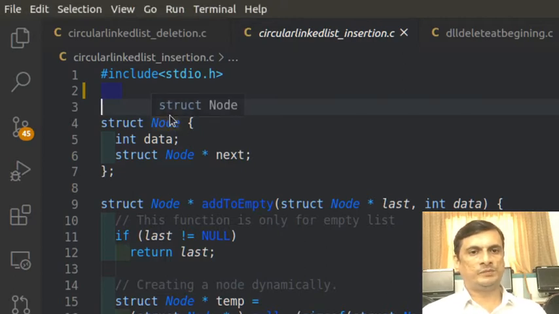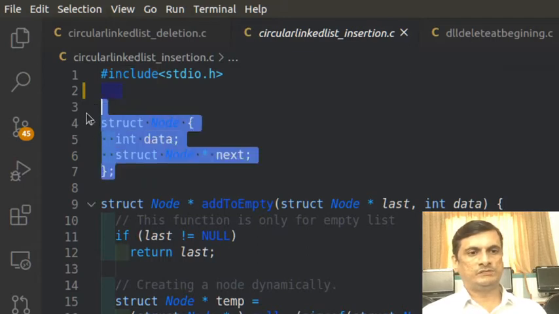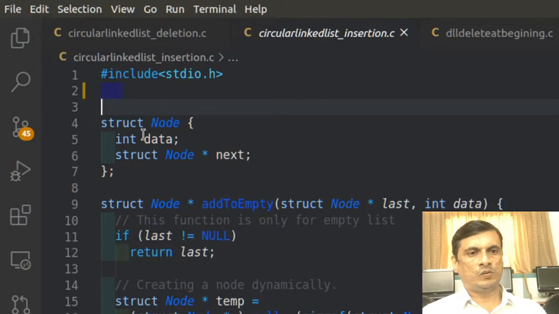I'll explain this program in detail, and a few functionalities which are similar in the deletion will not be explained again. So I'll explain a few concepts in detail here itself. Now as you know why stdio.h is needed, I need not explain that. Now here are the instructions for struct node with two member variables. One is the integer data and the other is the pointer variable which points to the same structure kind. So this will represent my circular linked list,